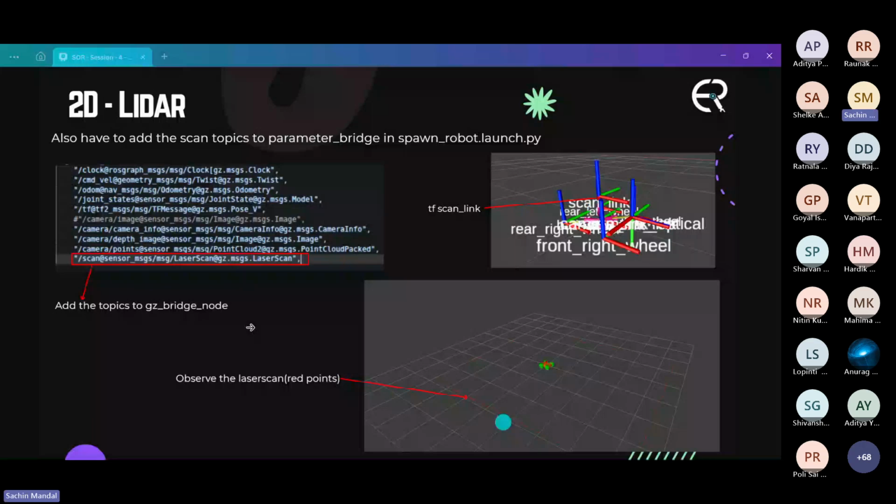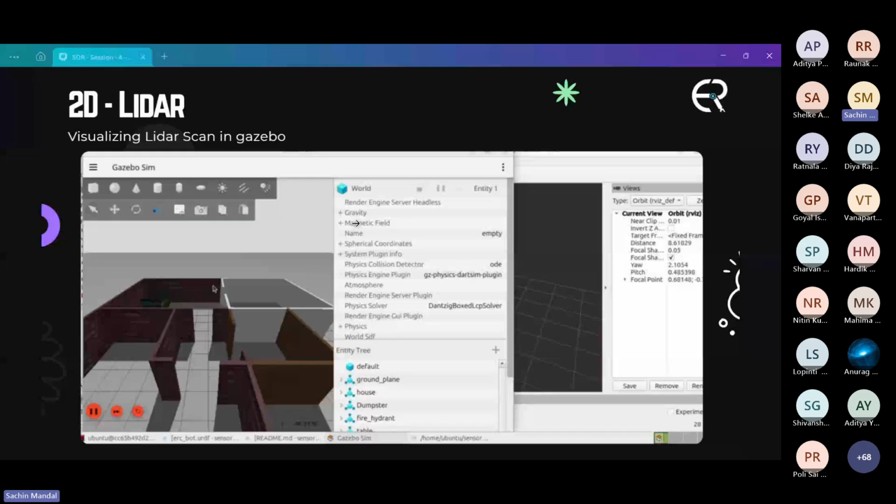Since we set visualize true in the Gazebo plugin, we can see the LiDAR scan in Gazebo as well. Just go to the three dot menu and type visualize LiDAR. Click on the refresh button. You can see the scan topic in the blue colored LiDAR rays. Similar to the RGBD point clouds, here also we can get a basic mapping of the environment by just increasing the decay time and moving our robot around the surroundings.